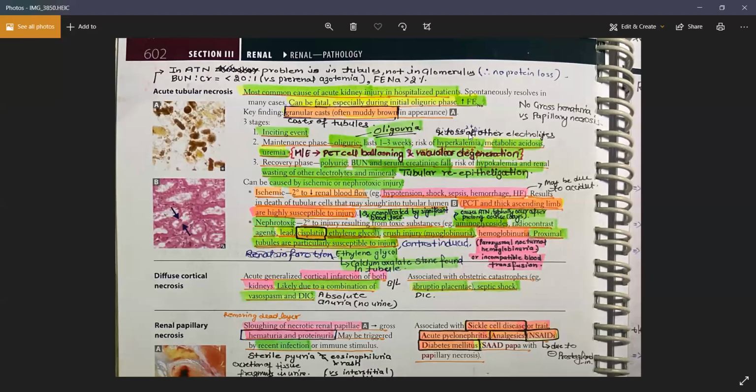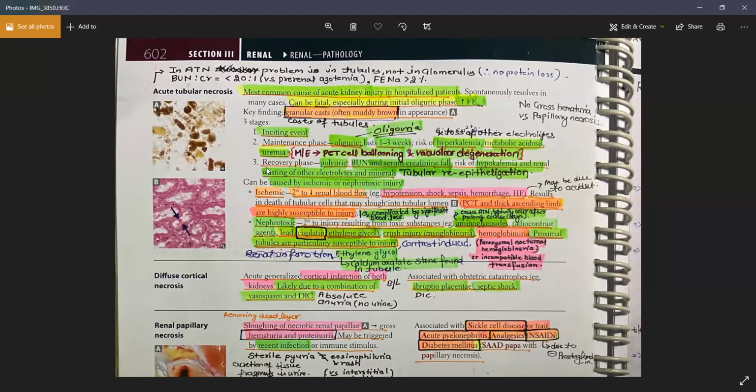So what kind of metabolic acidosis would it be? Normal anion gap? No. Why not? Because of the uremia there is an addition of extra acids, so it will be a high anion gap metabolic acidosis, because you cannot excrete the acids now. So these are all the things you will find in the patient. Whenever these things are present, you will say the patient is having acute tubular necrosis.